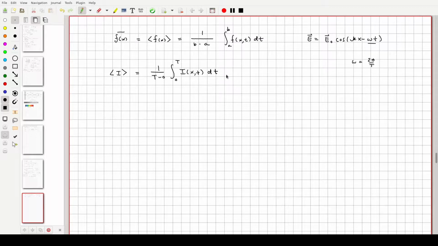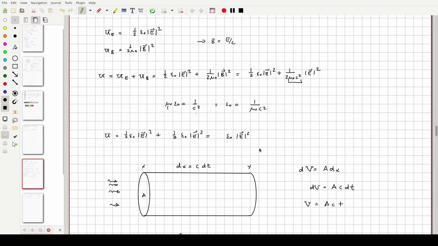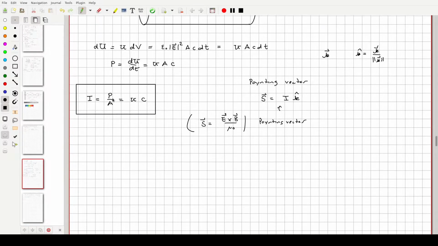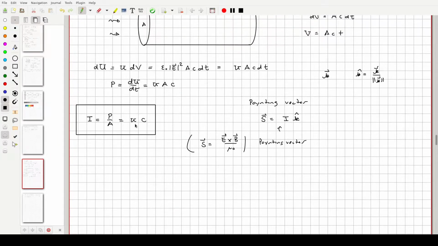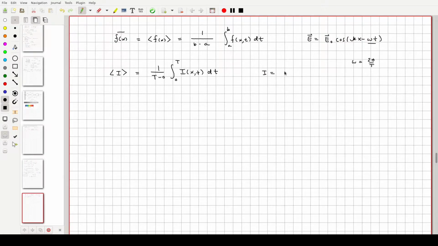Just like that. Now what's our I equal to? Well, I itself, we know from our conversation back over here, is just the energy density times c. And the energy density we discovered was epsilon naught times E squared over c. Okay? So when I put this into this equation right here, I have an epsilon naught over T